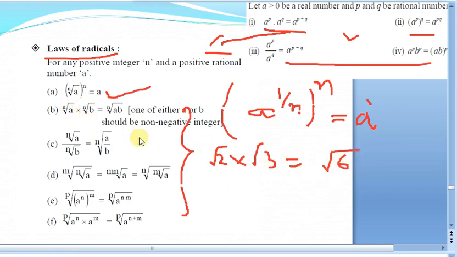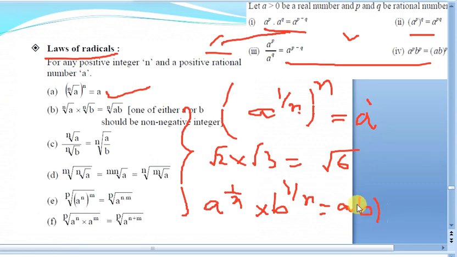So whenever it is like this, nth root of a means a power 1 by n, and nth root of b means b power 1 by n. So it will be equal to ab whole power 1 by n. Whole power 1 by n means I can always write it as nth root of ab. That is what I am doing. So always try to express them in this form and apply your exponential laws. You will get to know everything here.